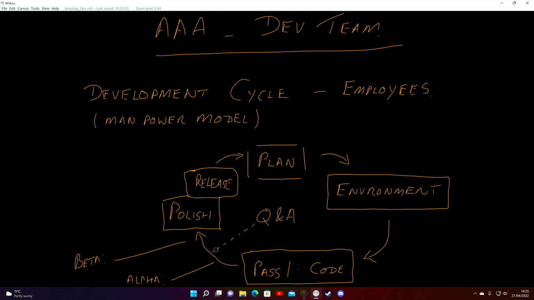Remember what I always say about pass one code. It's crap. It really is bad. It is the worst code that you will... It's the coder's nightmare, is to be given pass one code and say, polish that. Turn it into something better. Because the first thing you're going to have to do is understand what the hell you're looking at. And that's the part they're going to give the most time and the least people.